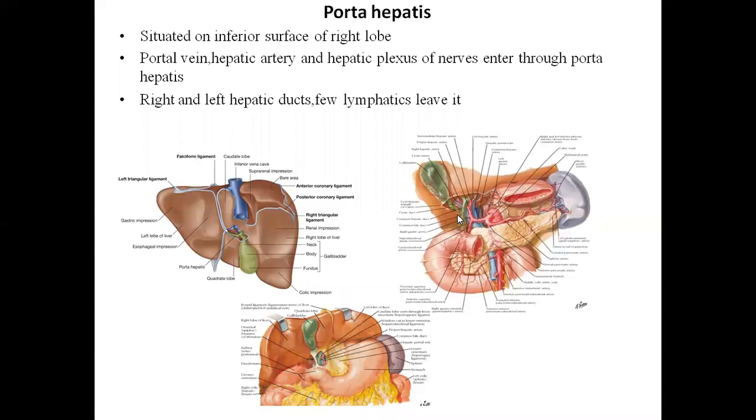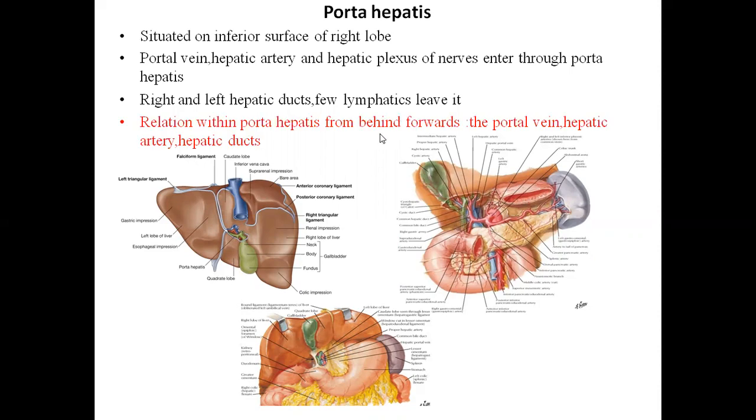When I say leaving the liver or entering the liver, I mean that whatever substance is within the vessels moves into the liver. If it is moving into the liver, we say this is going into the liver. For example, in the hepatic artery, the blood is going into the liver. The flow is towards the liver, so we say the structure is entering into the liver. At the same time, when we say hepatic ducts, the bile that is produced by the liver, after production, goes downwards. That is why we say the hepatic ducts are leaving the liver. Also some lymphatics are leaving the liver.